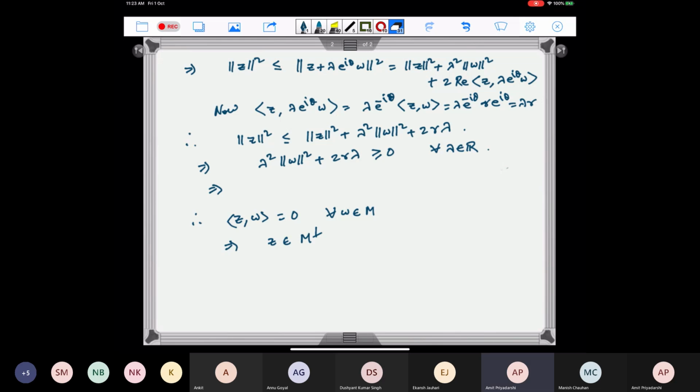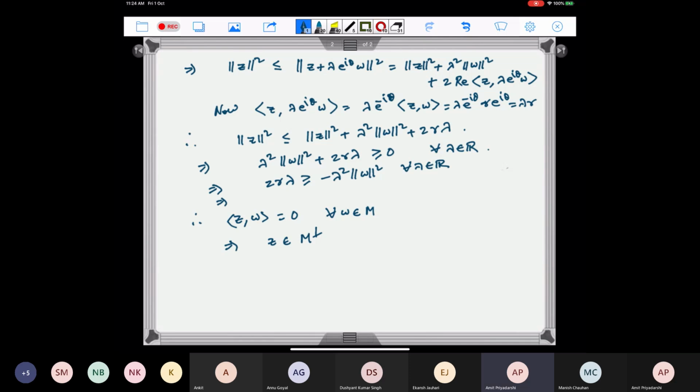This is the same thing as 2r lambda is bigger than or equal to minus lambda squared norm w squared for every lambda in R,